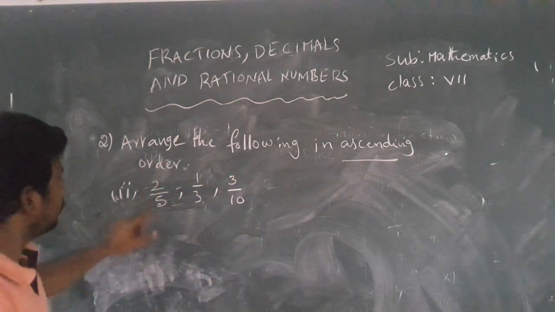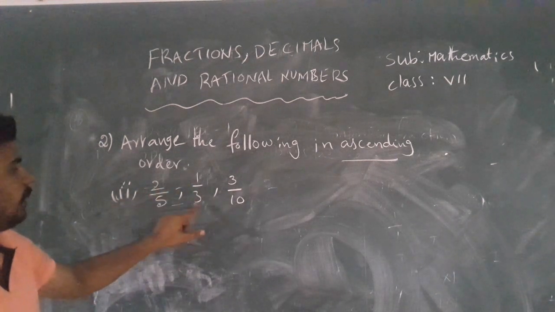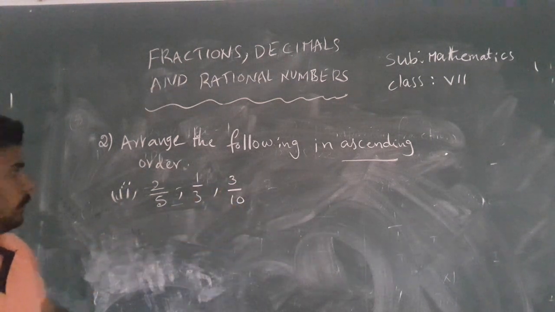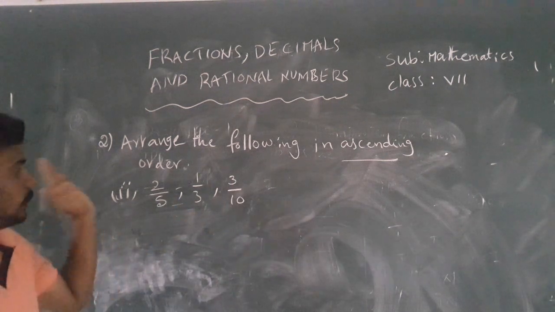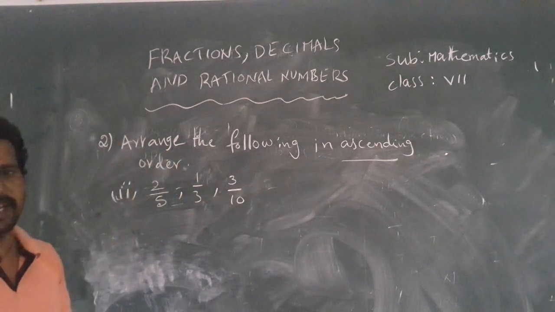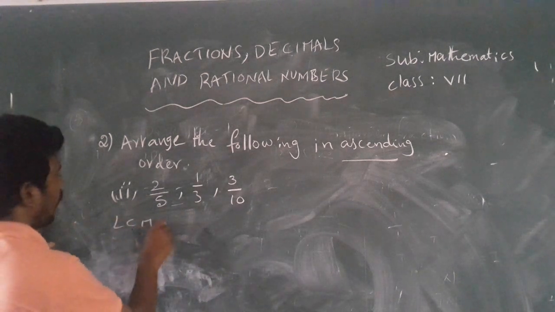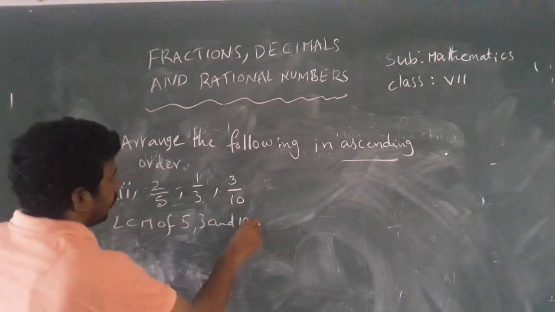See, in 2 by 5, the denominator is 5. In 1 by 3, the denominator is 3. In 3 by 10, the denominator is 10. So 5, 3, 10 are not equal, so these three fractions are unlike fractions. So you find the LCM. The LCM of 5, 3 and 10 equals...